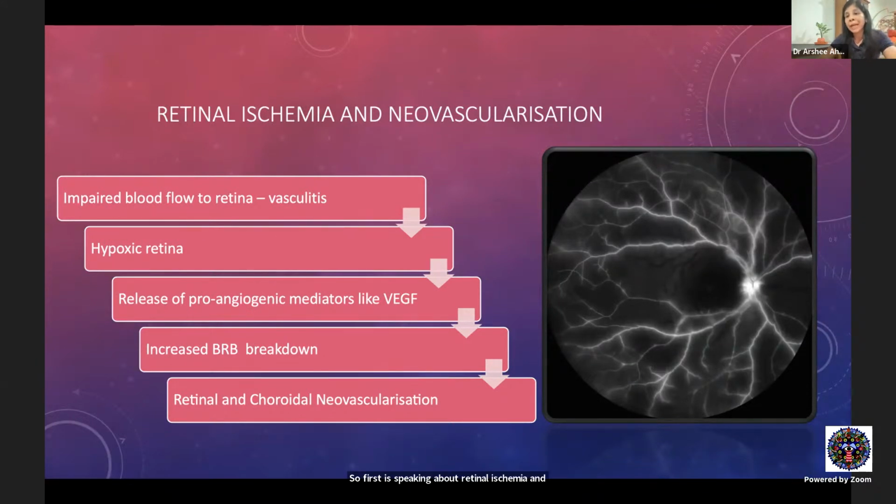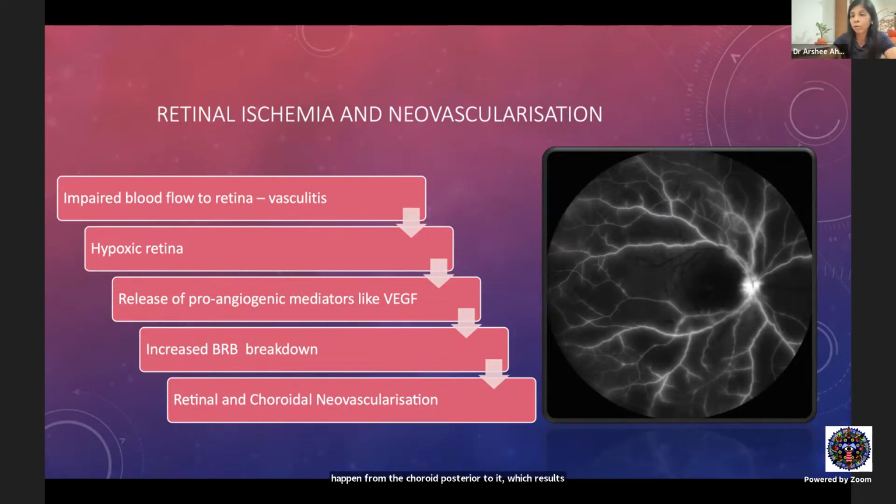So when there is impaired blood flow to the retina, or the blood supply to any particular part of the retina is obstructed, for example, in a patient with retinal vasculitis, that part of the retina would become hypoxic. This hypoxic retina is going to produce pro-angiogenic factors, again, like VEGF, which contributes to increased breakdown of the blood retinal barrier and leads to neovascularization. It could happen from the retina itself, or it could happen from the choroid posterior to it, which results in